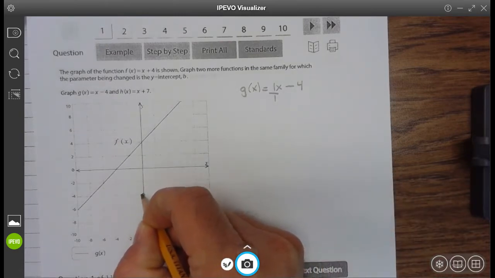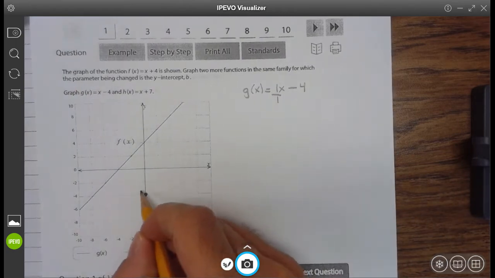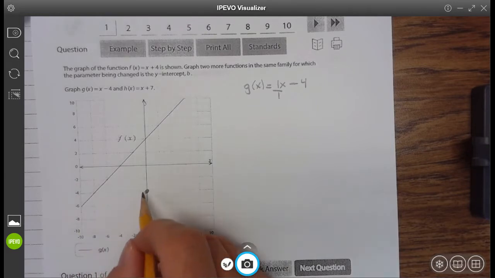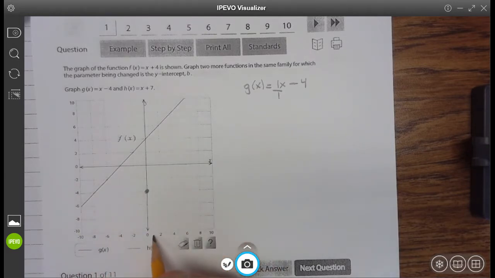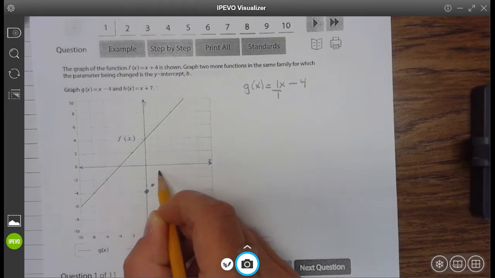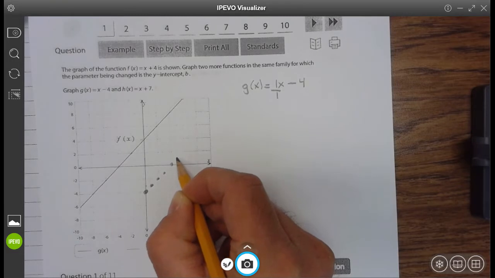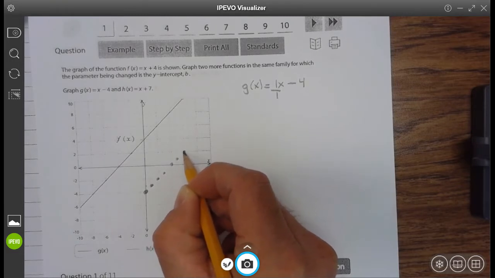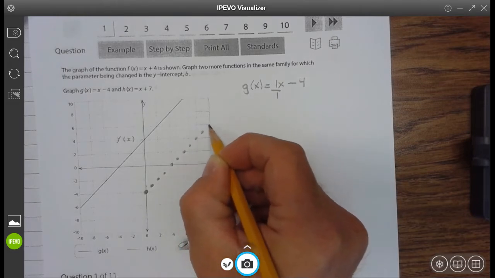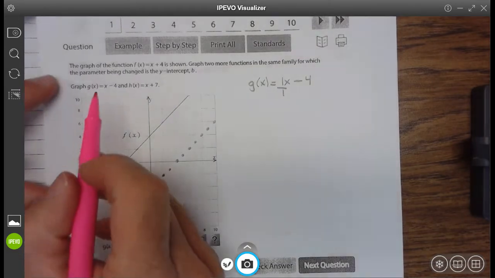That's your y-intercept. And the slope is we go up 1, to the right 1. So now be careful. These are counting by 2. So this is negative 2, negative 3, negative 4. So we go up by 1, it's right here. And the same thing here. So up 1 to the right 1, and we keep repeating that. All right, let's go ahead and graph g of x